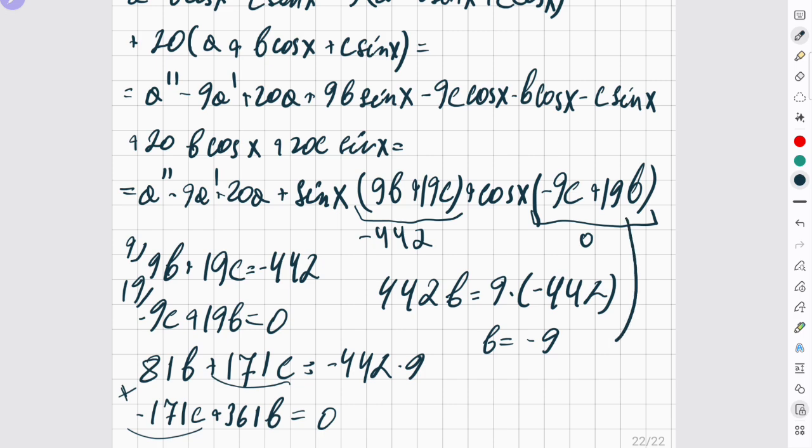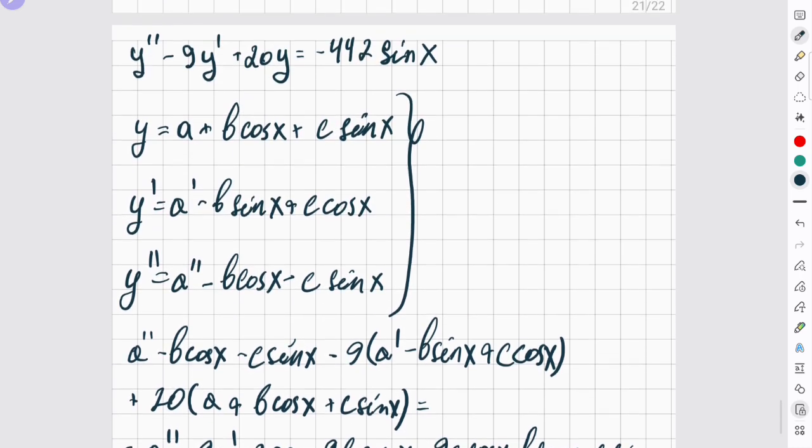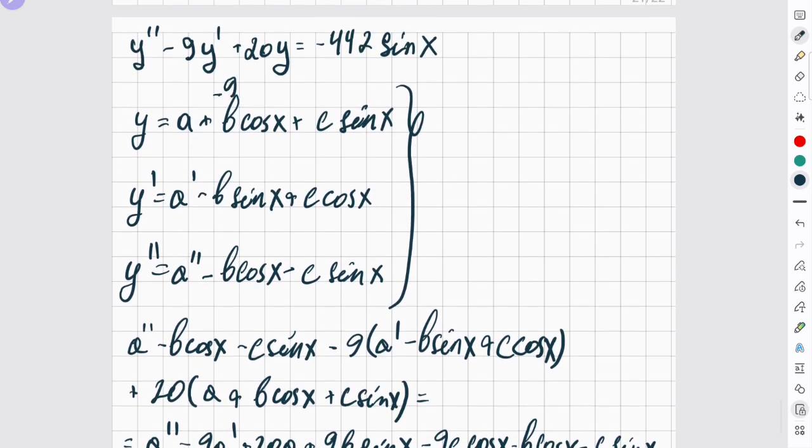So here we know that minus 9c plus 19 times minus 9 is equal to 0. So it means that c is equal to minus 19. We found both b and c. Now let me just delete this part. Now look at here. We found that b is equal to minus 9 and c is equal to minus 19. And when we write y like this, we will get rid of the sine here. So in the end, we will get this equation: